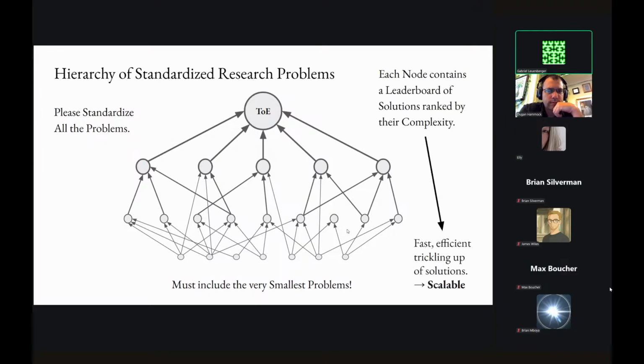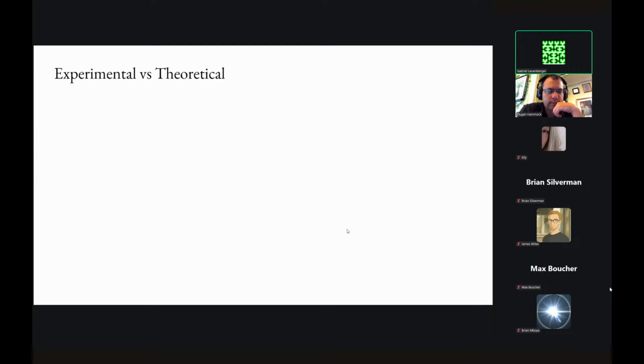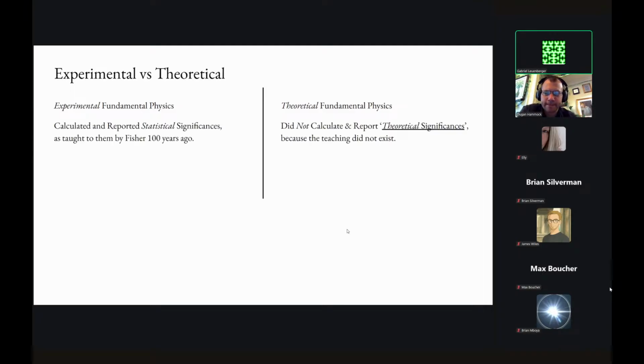Okay. Basically, the way it works is simply, actually, there's already a good example of how to do this, which is experimental fundamental physics. And what they do in experimental physics is they always report their statistical significance, right? When they get some experimental insights in their papers, they report statistical significances, which, by the way, was not invented by a physicist, but physicists in experimental physics do use that. They report that, and that's why the experimental sciences are highly successful, and that's very scalable, because you can immediately see, based on these numbers,